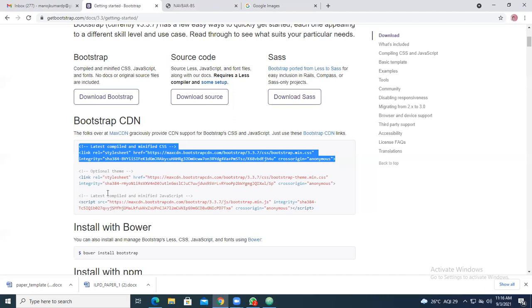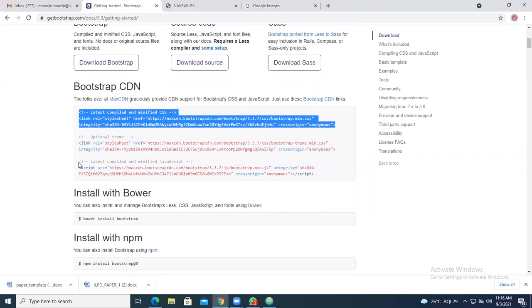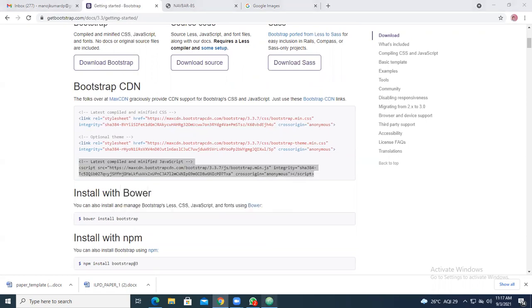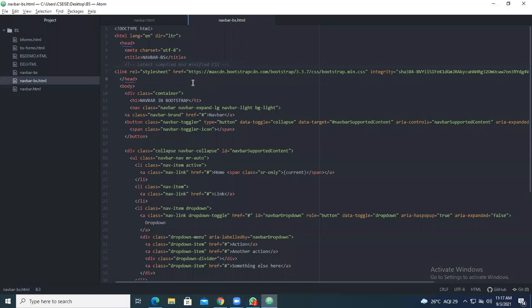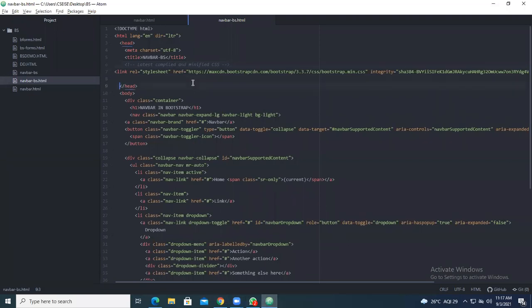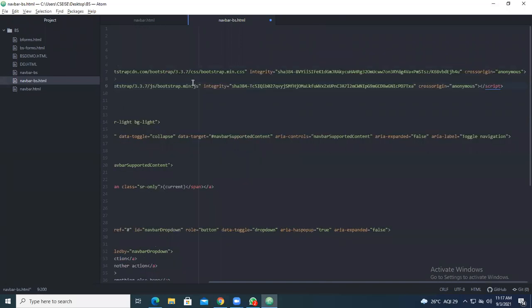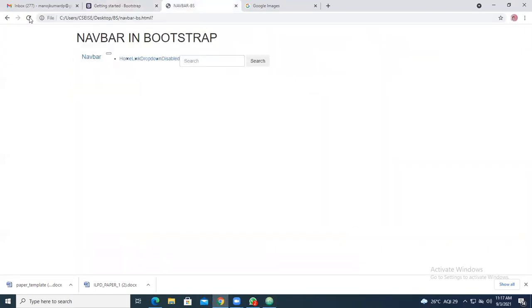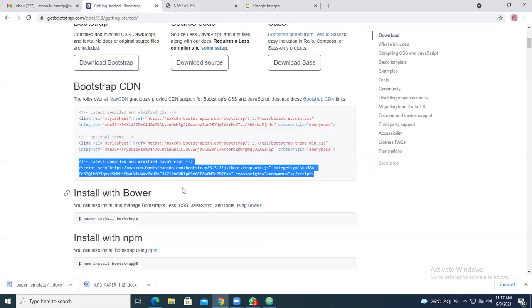So go for Bootstrap. Take each and every string. So, optional theme, minified JavaScript. This one is for minified JavaScript. You have this particular line of code also. Copy, go here, and press Enter. Go above, Control V. Okay. So now saved JavaScript also. Save the contents, go and refresh the web page. Any changes you get, you have to get this particular change, because it should look like something.